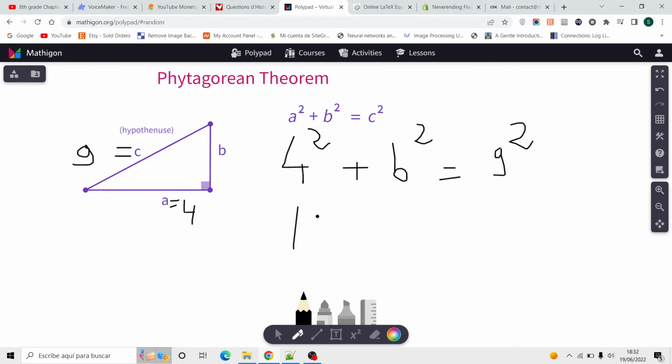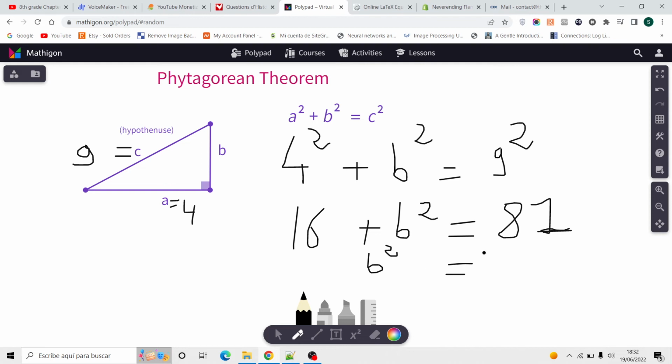4 squared equals 16 plus b squared equals 81. 9 squared equals 81. Okay. So b squared, now we have to isolate b squared. So we are going to apply minus 16 to both sides of the equation. Okay. So b squared plus 16 minus 16 equals b squared equals 81